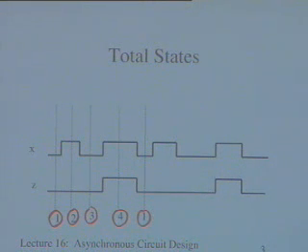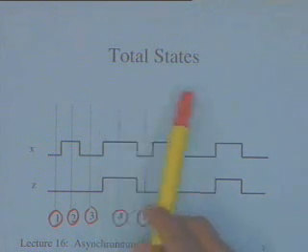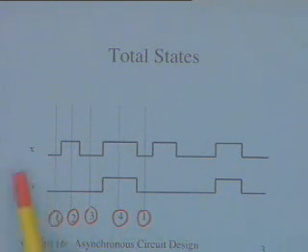So I need 4 stable states, or 4 total states, and I have only one input and only one output. In this particular problem, it's not very important to talk of fundamental mode because there is only one input, so only one input can change at a time. Except that the fundamental mode property is still important, that the input doesn't change too fast. If there are transients that are going to occur, the input should change only after the transients die down and the circuit reaches equilibrium. We will understand this once we